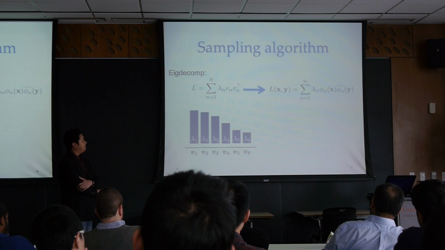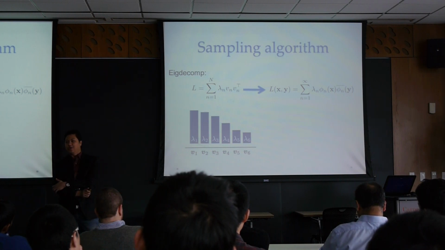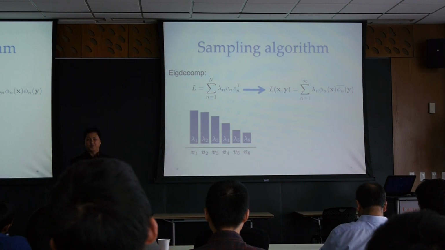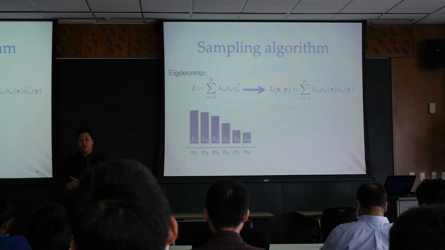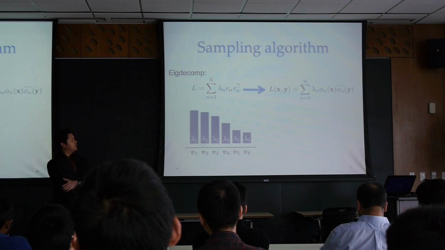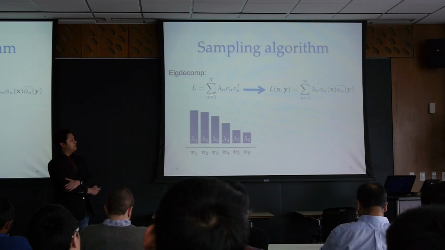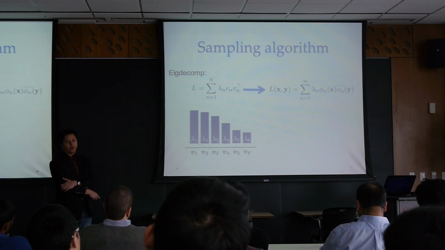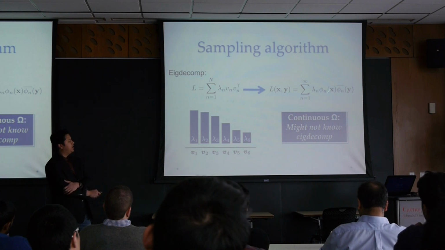The problem with continuous spaces is kind of a funny thing, because DPPs in the 70s were defined for continuous spaces. It was well defined, but nobody knew how to sample from them. The reason it's so hard to sample from them is that going from the eigendecomposition of a matrix to the eigendecomposition of an operator presents quite a challenge, because first of all, we might not know what the eigendecomposition